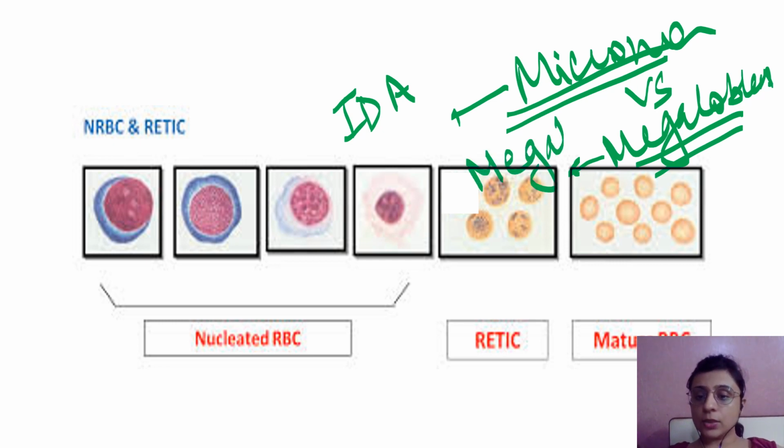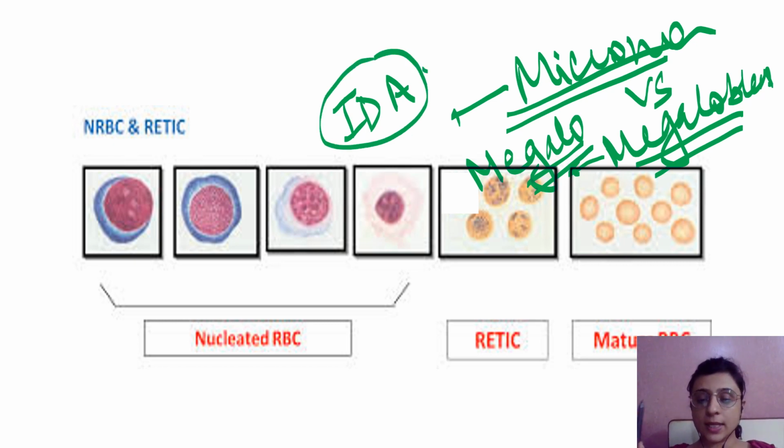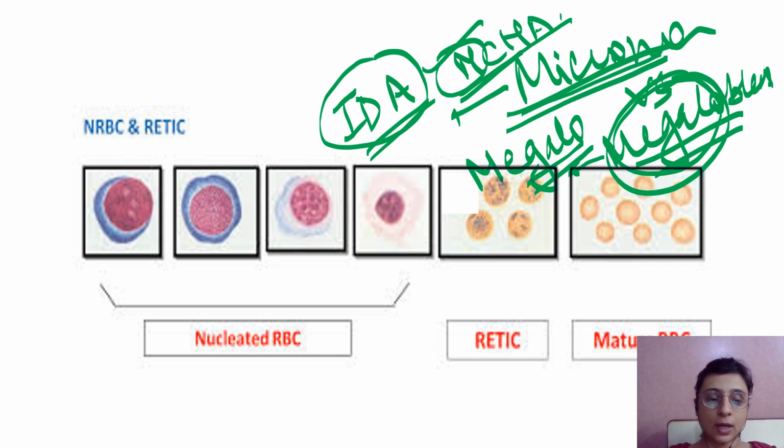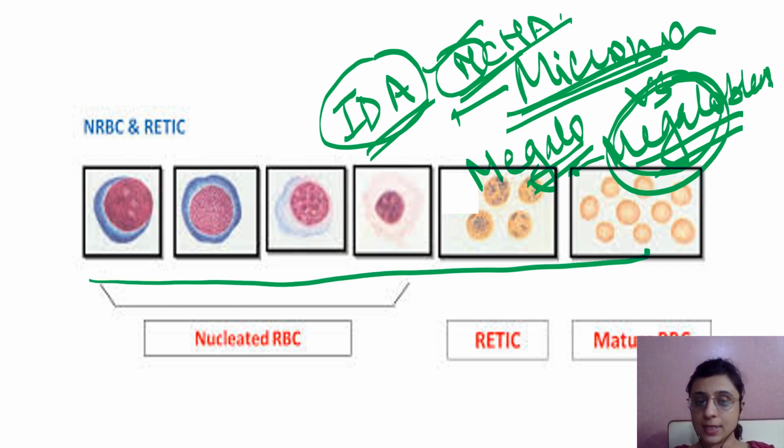So that much is clear to everybody, right? Now, why is this difference? Why is the size of the normoblast small in case of iron deficiency, and megalo means large? It is easy to remember. Megaloblastic means megaloblasts are seen, and in iron deficiency anemia, characteristically RBCs are microcytic hypochromic. So from that you can remember these are micronormoblasts.